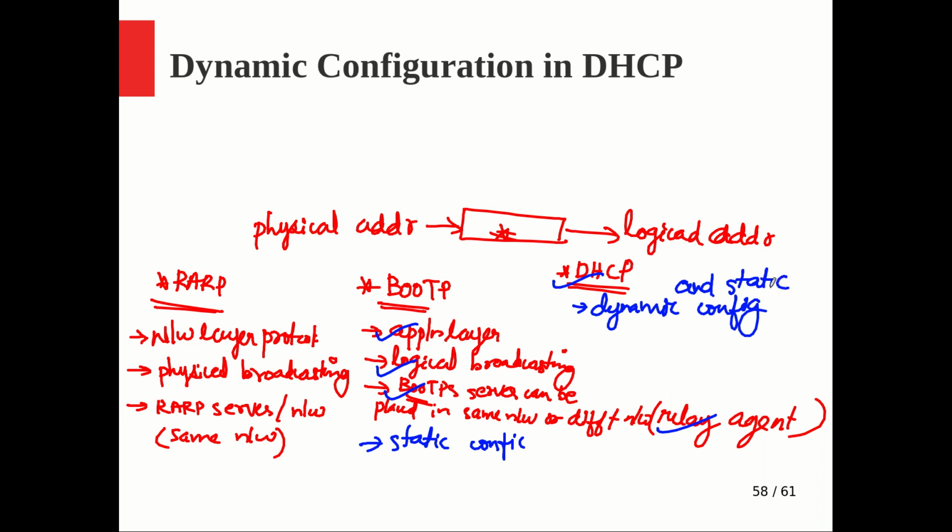Both are there with the DHCP server. So if you want it to reply to a bootp, maybe sometimes the bootp client will be sending a request, and the DHCP server may be replying back, because DHCP is backward compatible with bootp, and that time it will be depending on the static table, and it can do it in a dynamic way also by using some pool of IP addresses, something we already saw.